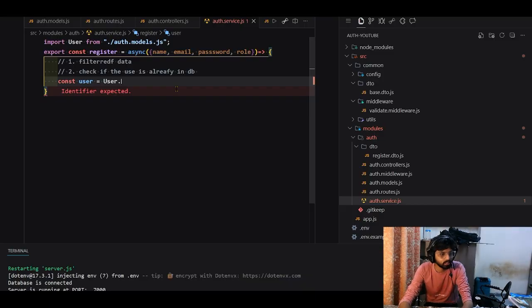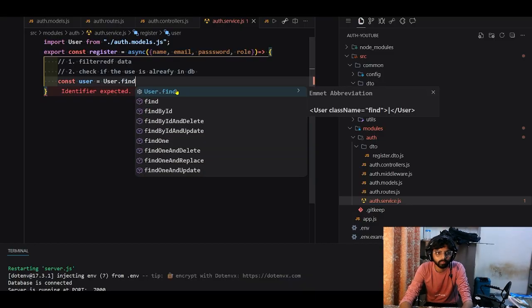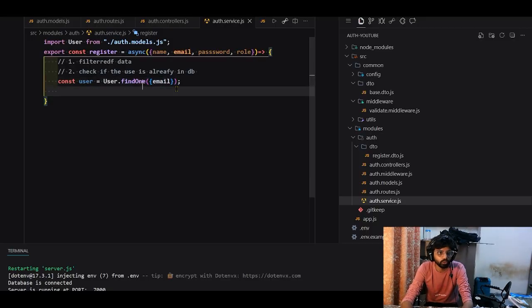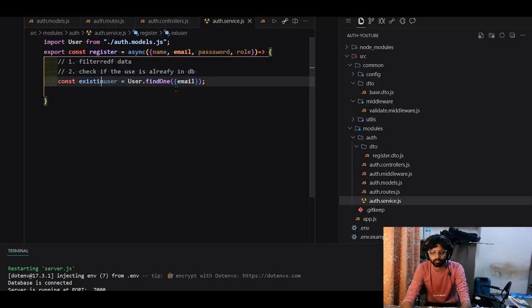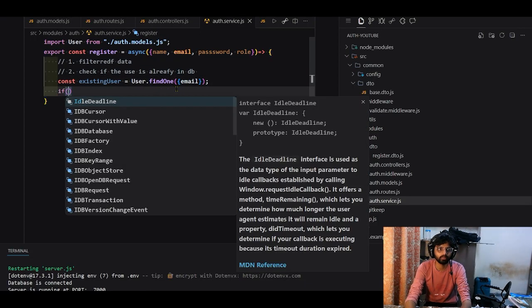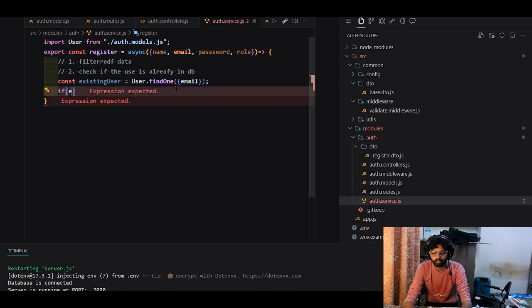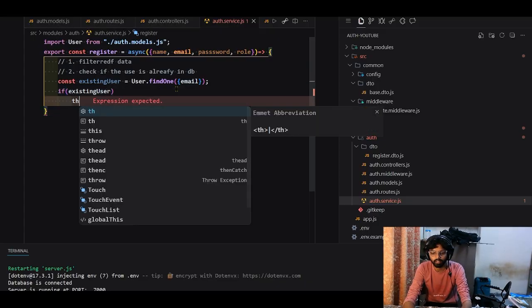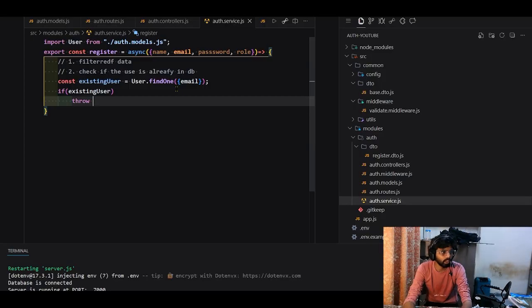Now user dot, I'll just find one with the email. And if I find that user, it should be existing. If the user is already existing, then I will throw an API error,